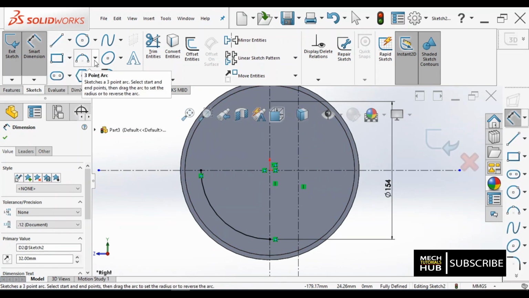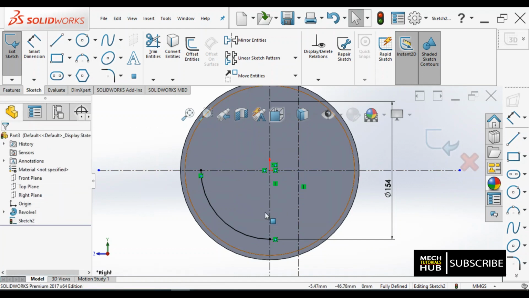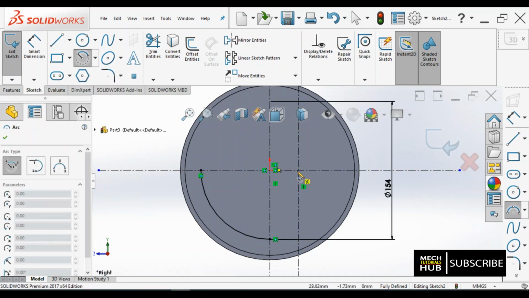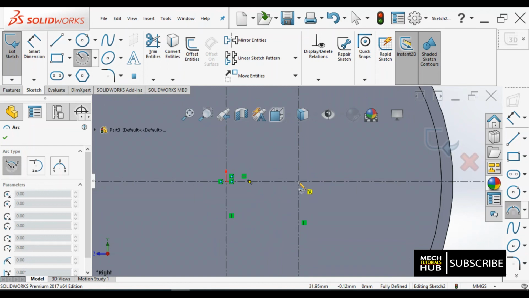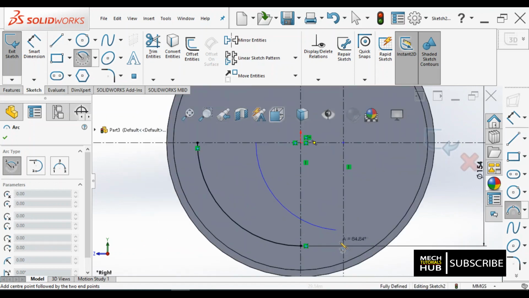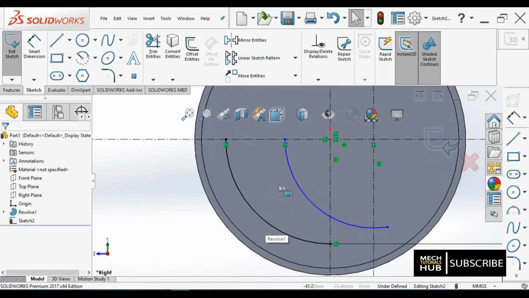Okay, so if you take a 3-point arc, let me try with this. Yes, up to some infinite distance I have drawn this curve.